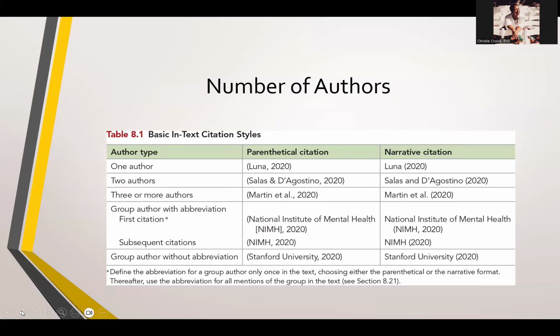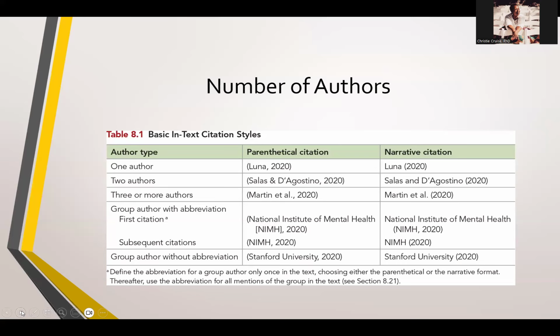For narrative, you're going to spell it out, and in parentheses you do the abbreviation and the year. And then for subsequent citations, you can use the abbreviation. You don't have to spell it out. But the first time you use it, you have to spell it out. People get tripped up on this all the time because there are a number of organizations that have the same abbreviations. And so it's not the responsibility of the reader to know what you're talking about. It's your responsibility to spell it out.